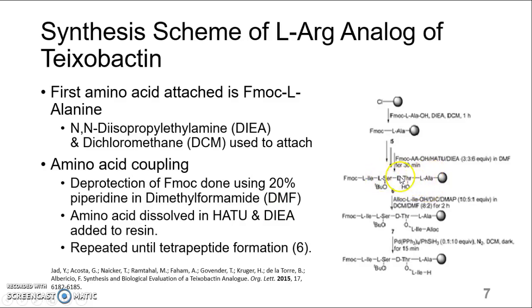And after the addition of D-threonine, you'll see that the amino end of D-threonine will have FMOC attached. It's not showing it here because it's just showing that the same procedure is being repeated until you have this tetrapeptide. So these 4 amino acids undergo this procedure here, and it